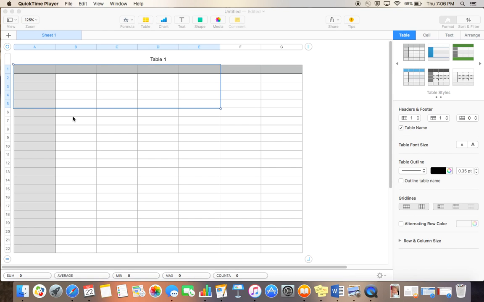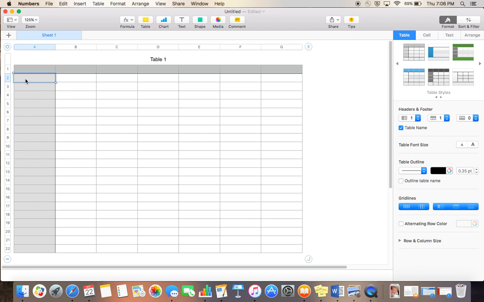Good evening. I'm going to show you how to use Numbers, which is Apple's version of Excel, more or less, to create a simple tool for keeping track of students' grades, tracking growth. As an EBD teacher, I actually use this from time to time, tracking behaviors. But today, what I'm going to do is a simple example of maybe 4 kids in a class taking a few tests and tracking their